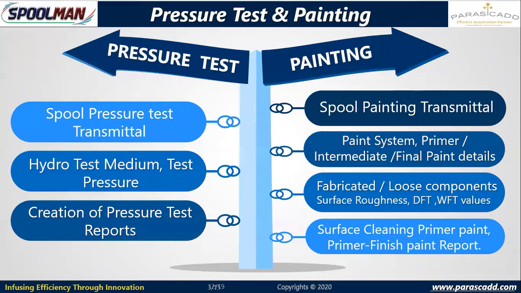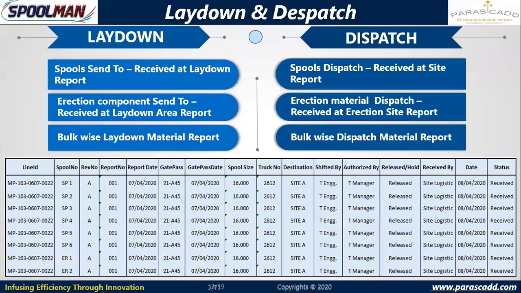Then further pressure testing and painting, which we already explained, we will cover this in detail. And finally it goes for laydown and dispatch. So once the spool is dispatched, it goes to my erection site, and further to that it will be managed at the erection level. So here you can see this detail level: what is the gate pass number, what is the size of the spool, which truck number, what is the destination area in the laydown area on the site I am sending it to, who is the shift in charge, when he has received it, what is the condition of the spool which has been received, when it has been received. Everything is managed here